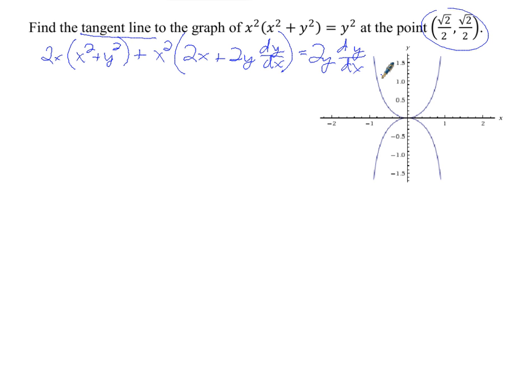Here's where the algebra is. All right, so now we need to do algebra. We got to get the dy over dx all by itself on one side. What should we do? I see my mistake. I forgot about that. I got a dy over dx buried here. I got a dy over dx by itself here. So I'm going to move all my dy over dx's to the left side. But in order for me to do that,